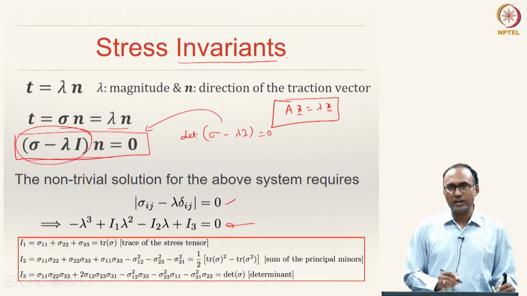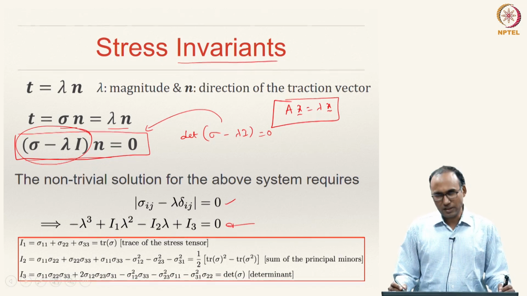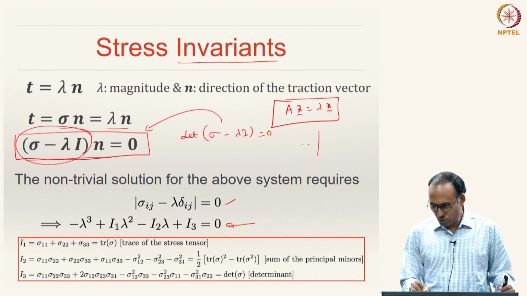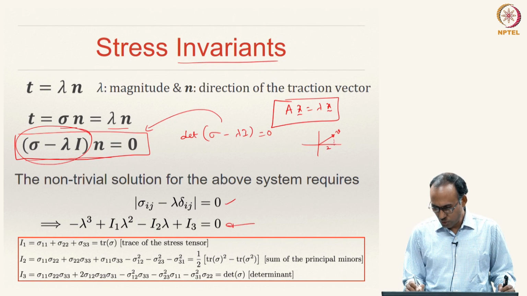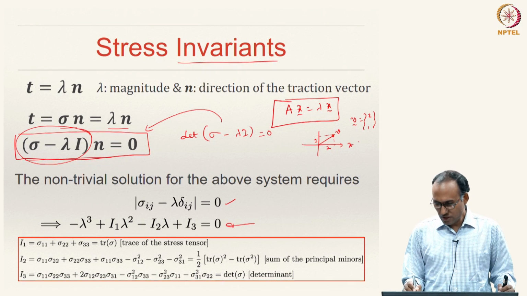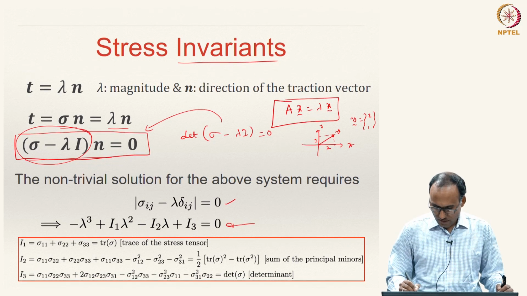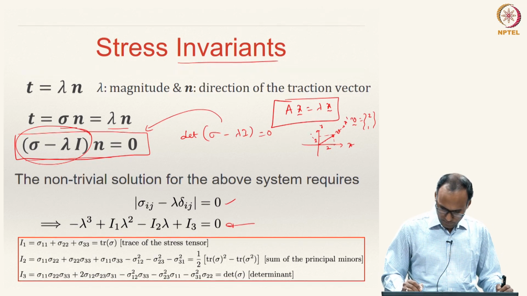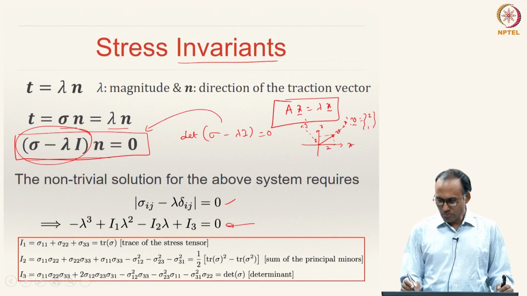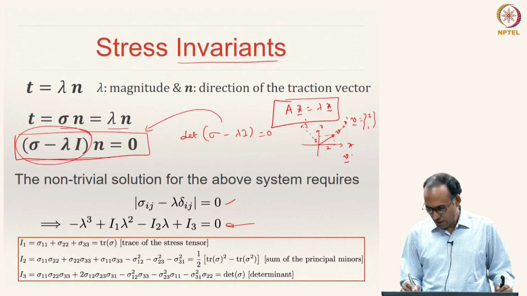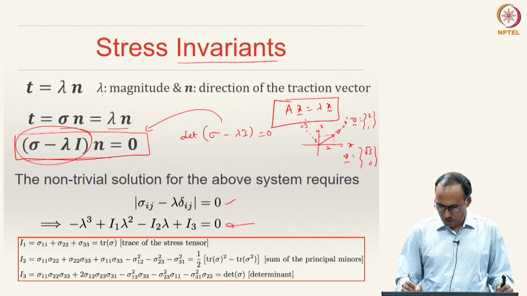another concept called stress invariants. For instance, in 2D, if you take a vector v which has 2 units projection onto the x axis and 1 unit projection onto the y axis, the vector v can be written as 2, 1 with respect to these x and y axes. But now let us say I define a new axis system, x dash y dash. With respect to x dash y dash, I can write v equal to square root 5 and 0, because this is the magnitude of the vector.